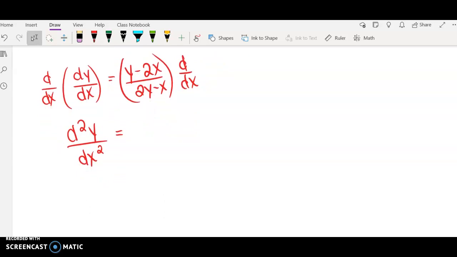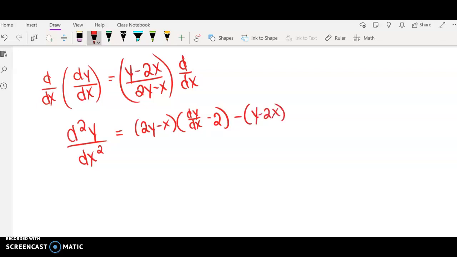Our quotient rule, the way I say it, I know it's not technically how the theorem reads, but I say that we take the bottom, which is that 2y minus x. It's the bottom times the derivative of the top. So that top is y, well, the derivative of y is 1. And you have to remember that anytime we take the derivative of y, we have to put dy over dx. So I'm not going to put the 1 there, but I will put dy over dx. So that's going to be dy over dx minus 2. So that's the bottom times the derivative of the top, minus the top term